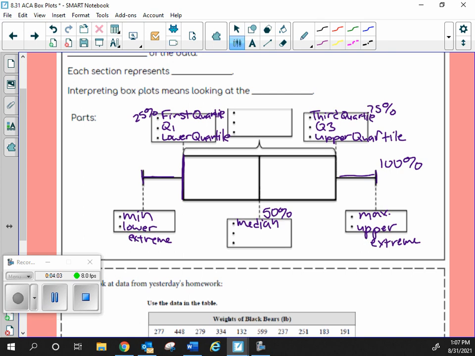Right. Now, we had Q1 and Q3. Did we talk about Q2? Where's that one hiding? That's 50%. So I'm going to go back and add Q2 right there. Because that's my second quartile. Or, yeah, you could call it your mid. No one ever calls it the second quartile. They always just call it the median. But, sure, mid quartile. Second quartile.